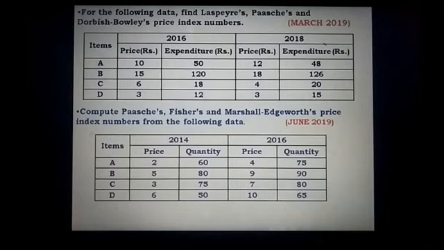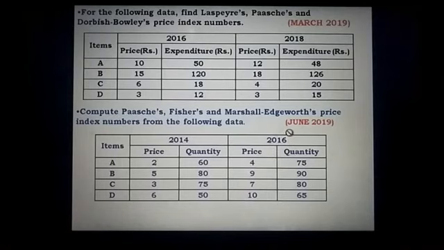I am just brushing up those concepts in view of the previous years' board exam question papers. So here, look at the cursor, this expenditure will become P0 Q0 and this expenditure will be P1 Q1. Accordingly, write the formulae, calculate the required columns, substitute in the formula and get the final answer. That is all you are very much familiar with.